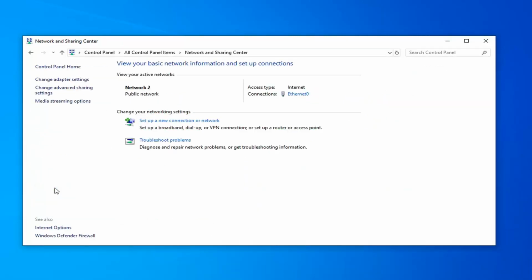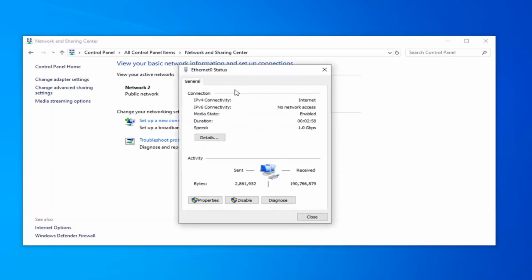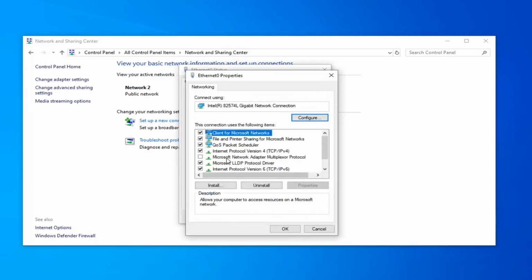On the left side, underneath Access type: Connections, you want to select whatever connection type is listed here. There should be a hyperlink. In my case, it says Ethernet. It might say Wi-Fi, or it might have a specific personalized name in your case, but go ahead and left click on that. Select the Properties button. And now you want to select Internet Protocol Version 4, and then in parentheses it should say